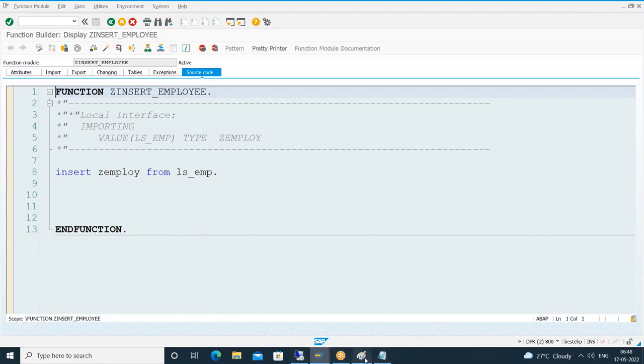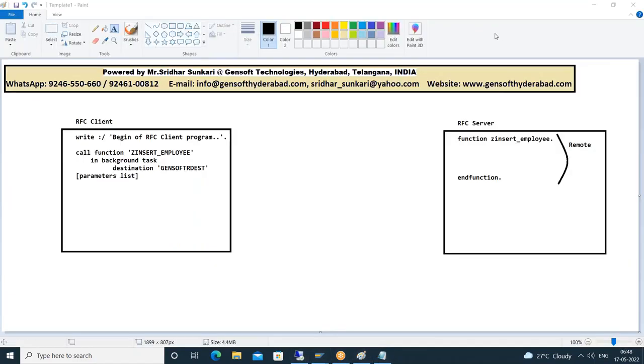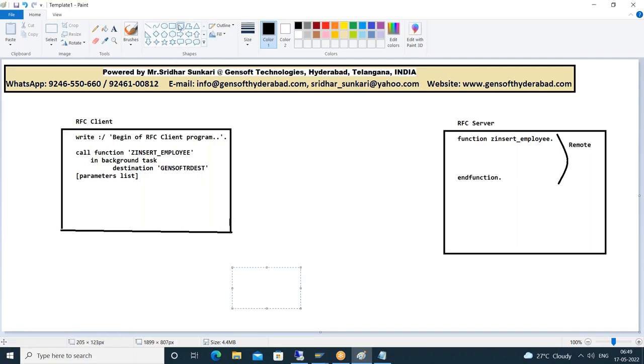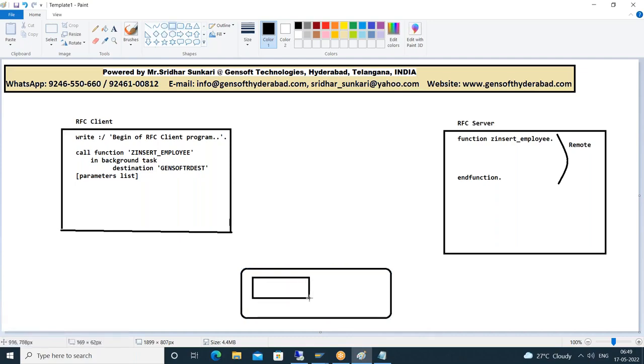Whereas in case of TRFC, what happens is the moment we use the addition in background task, it is understood as TRFC mode. So in your calling system only we have some database tables. Calling system is what here? RFC client. So in your calling system at the database level, we have some database tables. One is ARFCSSTATE, another is